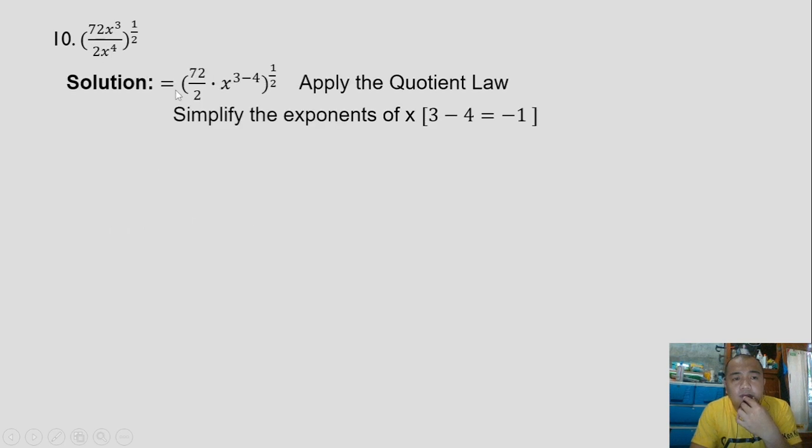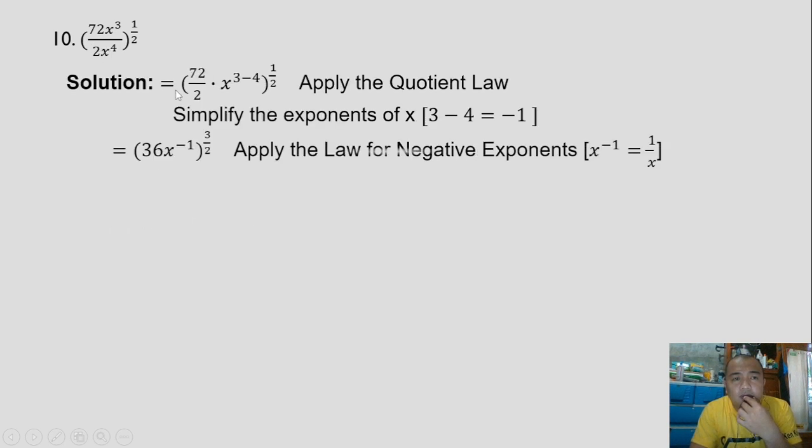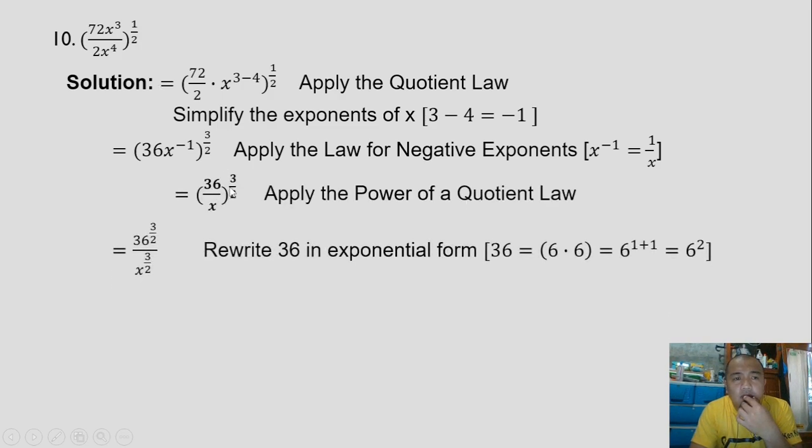Number 10: 72x cubed all over 2x to the 4th power, raised to 1/2. First, let's divide 72 by 2. That's 36. Subtract 3 minus 4, negative 1. X raised to negative 1 is 1 over x. So 36 over x raised to, wait,